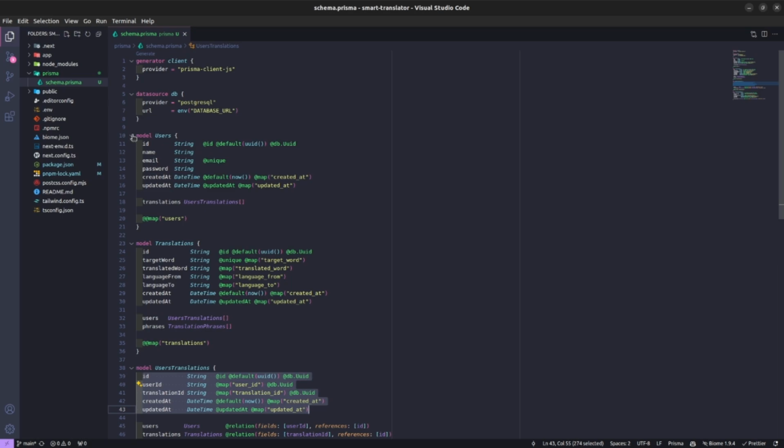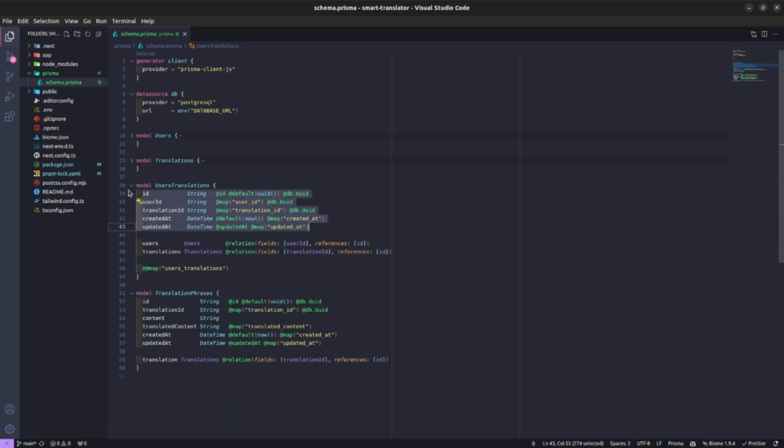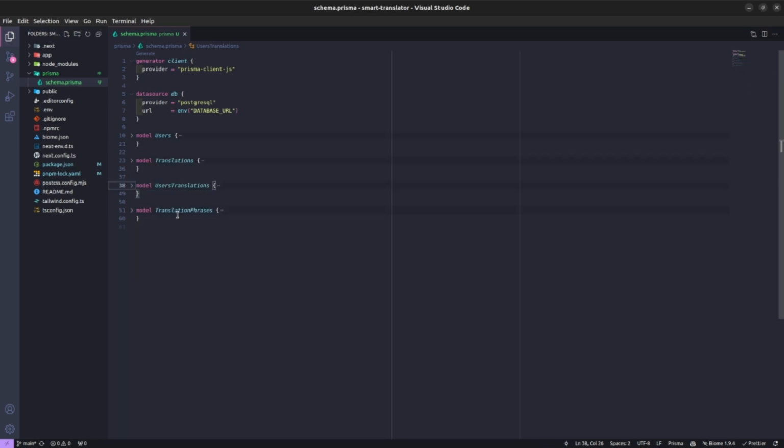I basically have 4 tables: users, translations, user translations, and translation phrase. Basically, these are the 2 entities of the project. This table is to relate users and translations, and this table is to store the sentences translated and inserted in some context that the AI model will give to us. So okay,